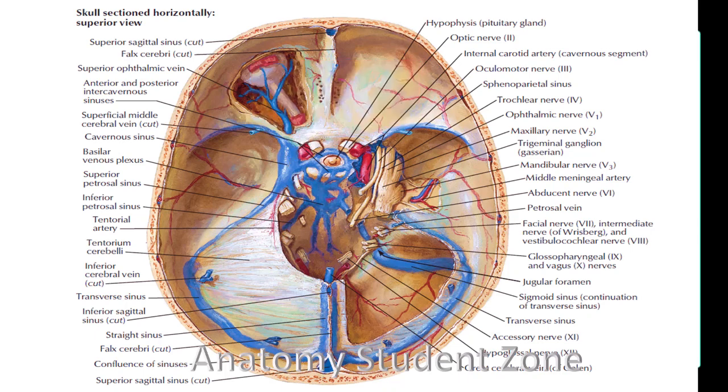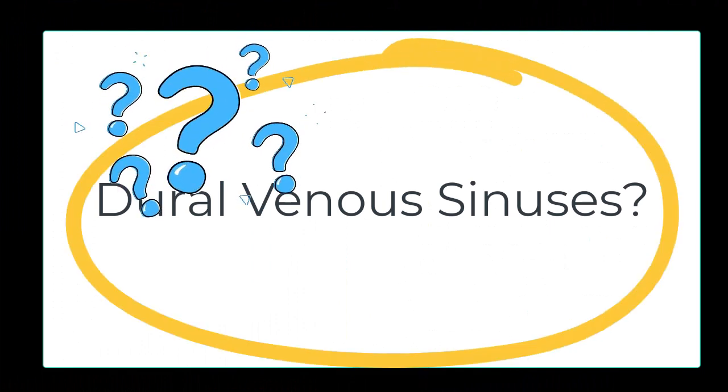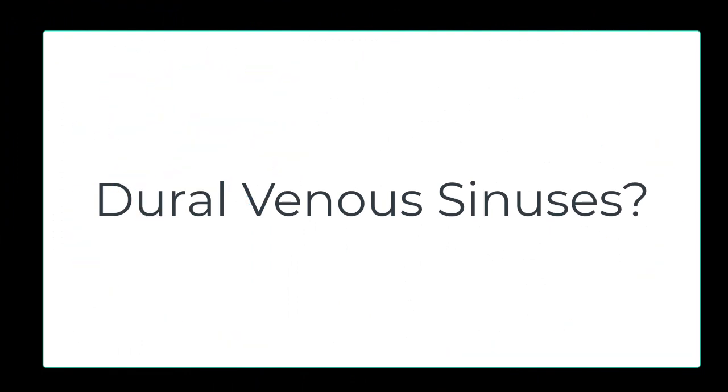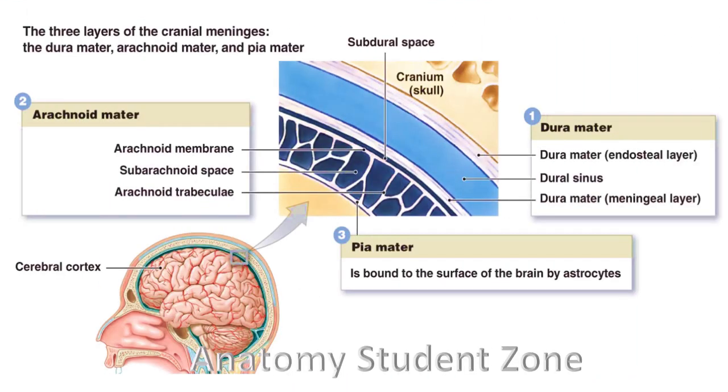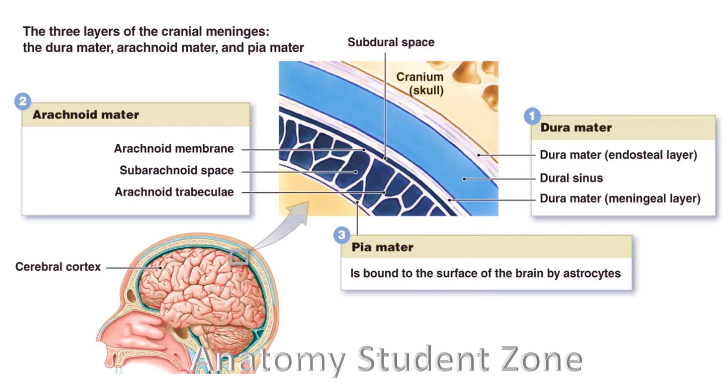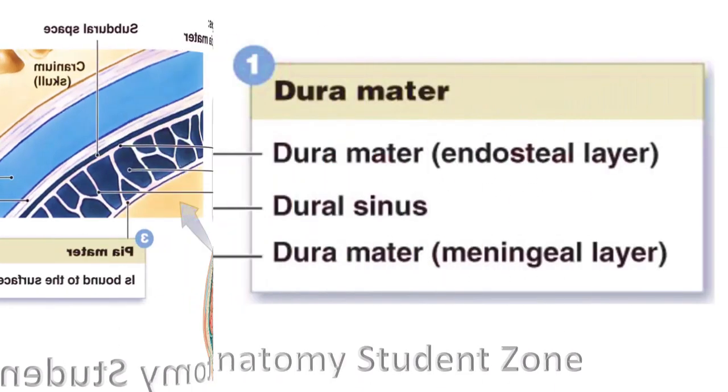And I have another question. What is a dural venous sinuses? If you are saying this is one of our dural venous sinuses, then what are dural venous sinuses? So exact answer of this question is dural venous sinuses. These are endothelial lined channels. These are located between the two layers of a dura mater. As the name indicates, dural venous sinuses mean venous network, sinuses mean gap, dura mean between two layers of the dura. Dural venous sinuses, these are very important.